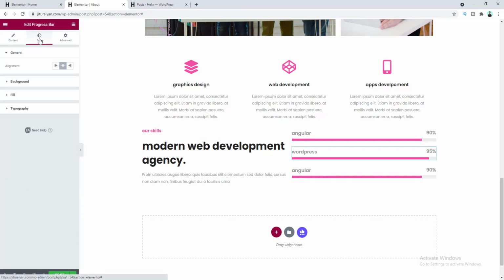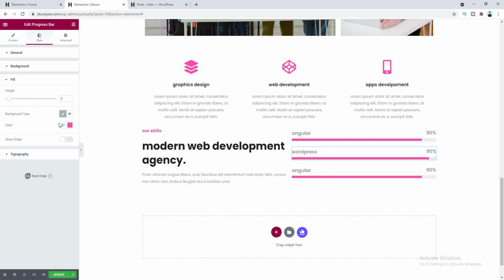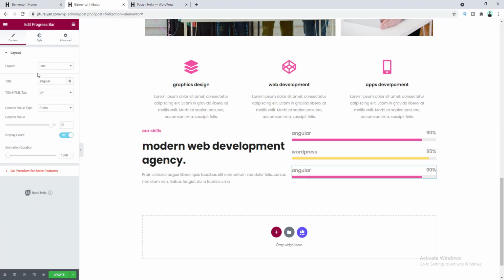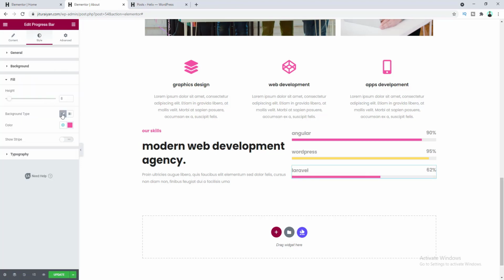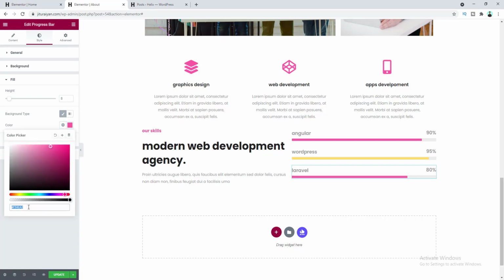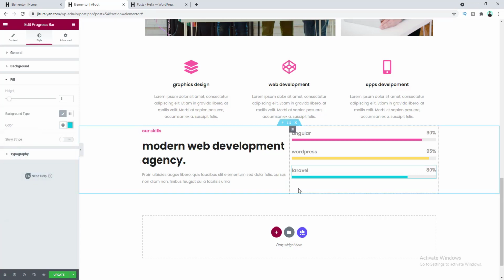So go to style and this fill option and make this color this yellow, and then let's also customize this. I want to make it Laravel and the percentage 80%, and also change the fill color. I want to make it another green color, so from here I want to paste my color code. Okay,